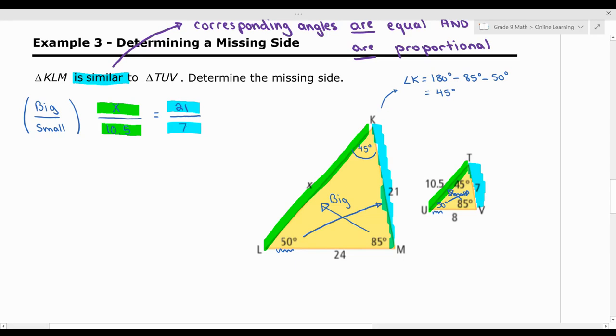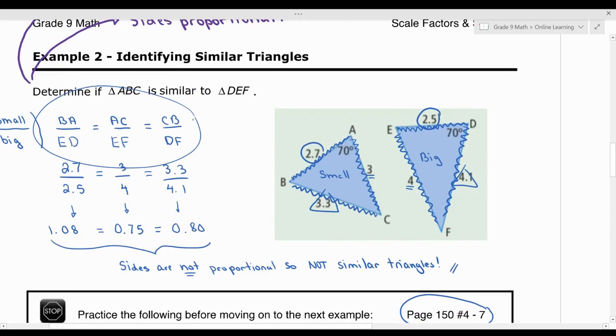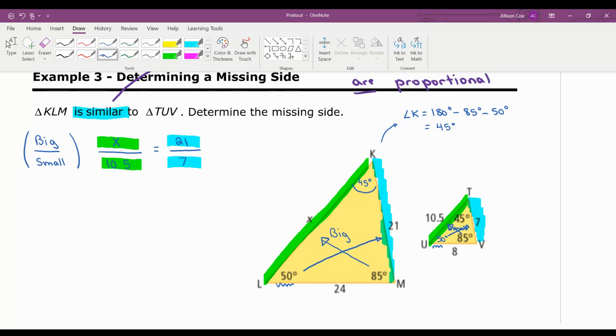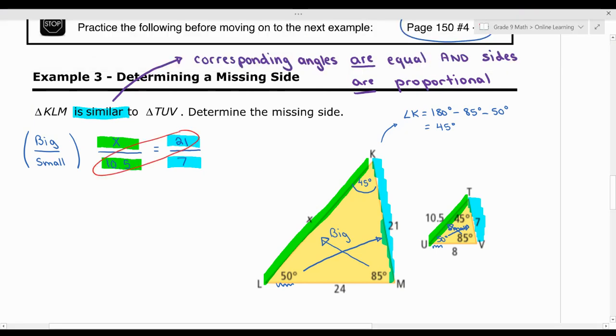Okay, good news. When you're trying to solve the missing side, you're only going to use two parts. Go back up here. So you'll only use two parts of this. So you don't have to set up all three. Okay, so I have two parts set up, and hopefully you'll notice this is just a proportion statement. So you have an unknown and you want to solve it, so we can then cross multiply. So I'm going to go top times bottom. Technically, you can go top times bottom. You'll get 7x is equal to 21 times 10.5. You'll get 7x is equal to